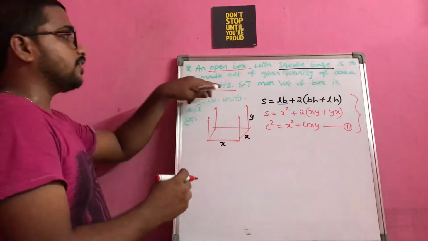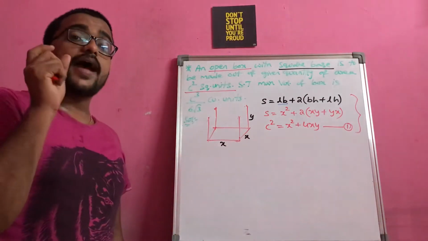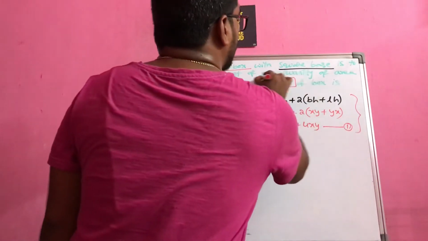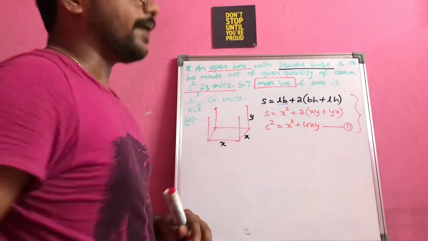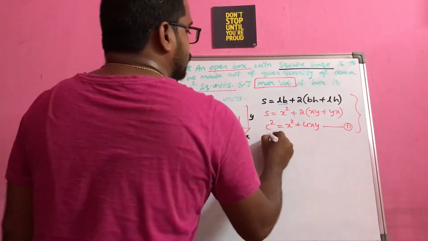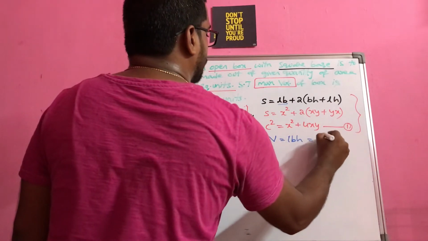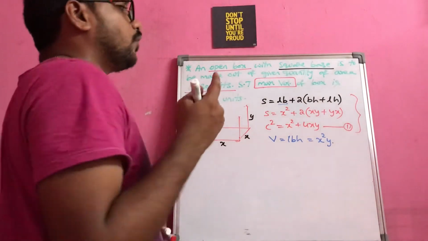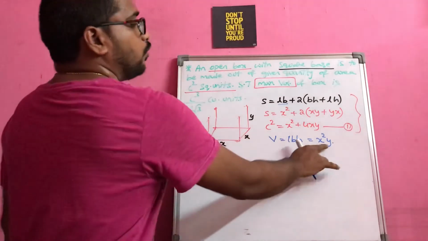We are still in the first point of the question only. Second point, what you have to identify is the function to be maximized or minimized. Maximum volume they are saying. So that means indirectly volume has to be maximized. So for this, volume V is equal to LBH, again it will become x squared into y. Now again you please think whether I have to take the value of y or x.